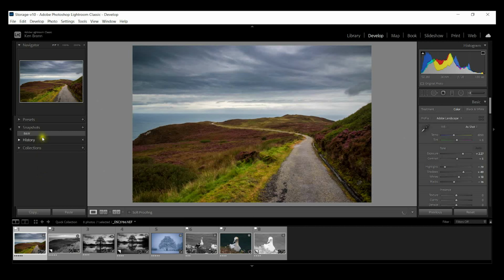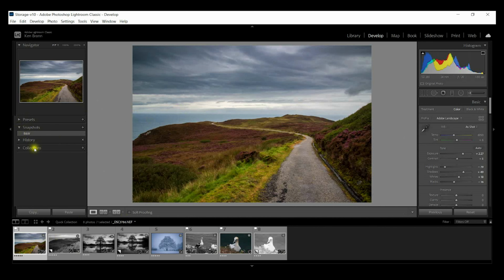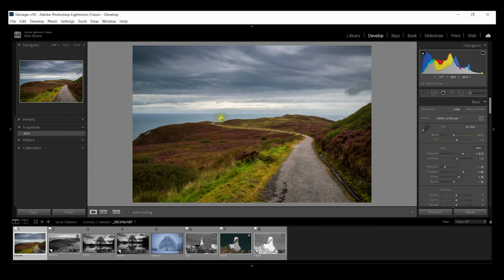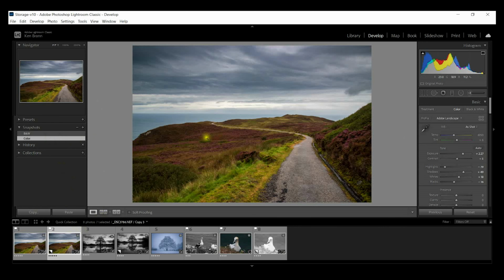If I come back into the original image, it is in there, and it's cropped and it's black and white. Now if I come back over here and mouse, oh, nope, see now it's working. So that snapshot will go wherever this image goes, whether it's done in a virtual copy, or if I come back over here to the original and this time we just do a Control N. We create the snapshot and call this one Color, and we create that. With the virtual image, it's showing up here as well, so it'll follow it around like that.